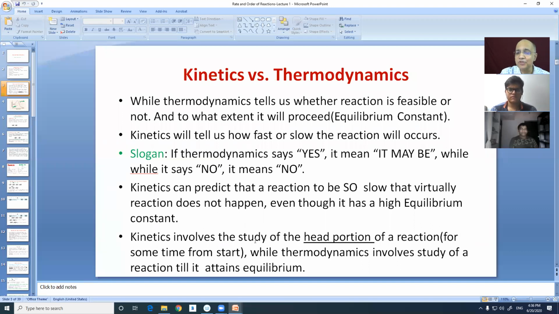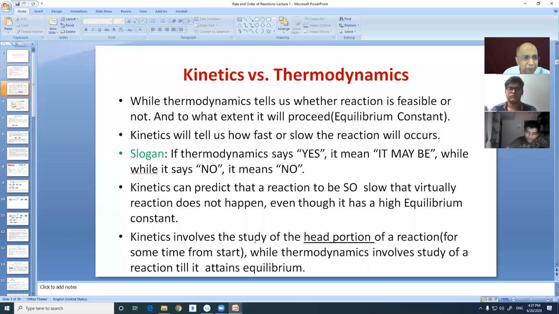And kinetics involves the study of only the initial portion of a reaction. If you are a very impatient person, then you can monitor the reaction for 20 minutes. Nowadays, spectrophotometers are available to monitor the concentration of the reactant or product spectrophotometrically. So 10 minutes is enough to find out the order and everything; all the information is enough.